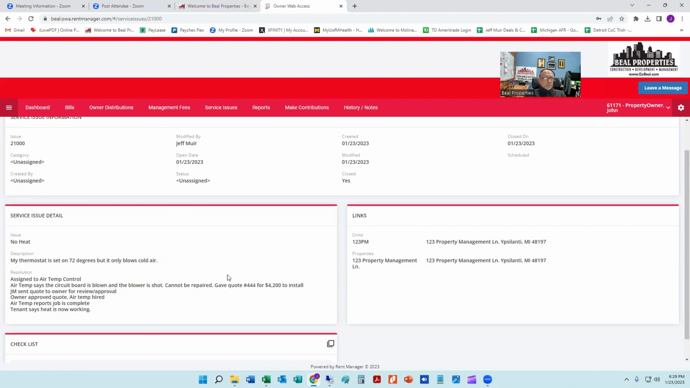It's expensive. And in this case, you can see that I sent the quote to the owner for review and approval. The owner approved the quote. We hired Air Temperature Control. They told us the job was complete. We checked in with the tenant, and the tenant says everything's working great. So that's good documentation and pretty straightforward as far as you seeing the process that has to happen here on